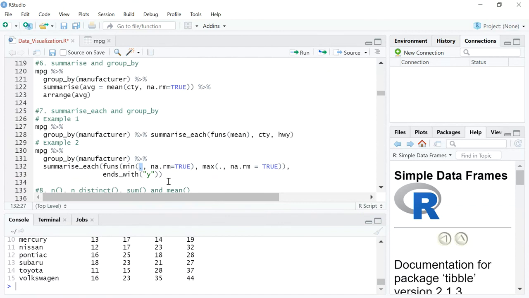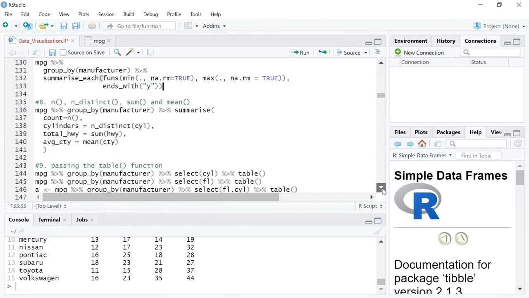So you just put a placeholder, which is a dot, and then all the data that you have aggregated so far, you will pass it on. You're just using a placeholder to pass it on, and then you're saying na.rm is equal to true. So you're using the min and max functions here, and you're applying it to all columns that end with y. I hope this is also fairly okay, right?